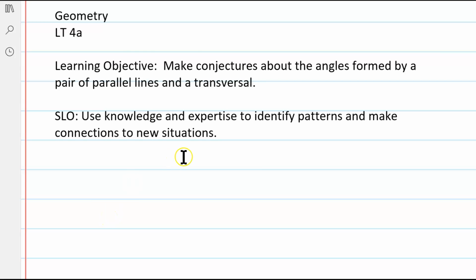Hello everybody. Alright, so let's take a look. This is Geometry Learning Target 4A. Our learning objective today is to make a conjecture, which is to hypothesize, about the angles formed by a pair of parallel lines and a transversal. Our school-wide learning objective is to use knowledge and expertise to identify patterns and make connections to new